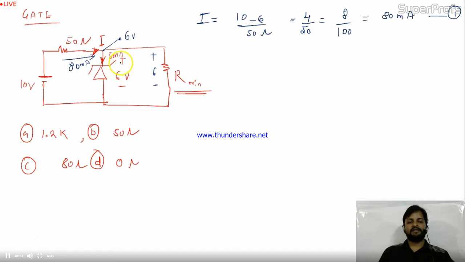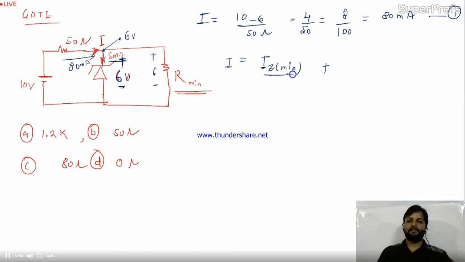Now at this stage, the knee current is 5 milliampere. This is the minimum current they have given. If you want this Zener diode to work as a 6 volt device, you need to give it at least 5 milliampere. This is the minimum current at which the Zener diode will work, right? It needs the minimum 5 milliampere, then only it will drop 6 volt across it. Okay, so the condition is, this is the I at this node, and this is nothing but IZ minimum